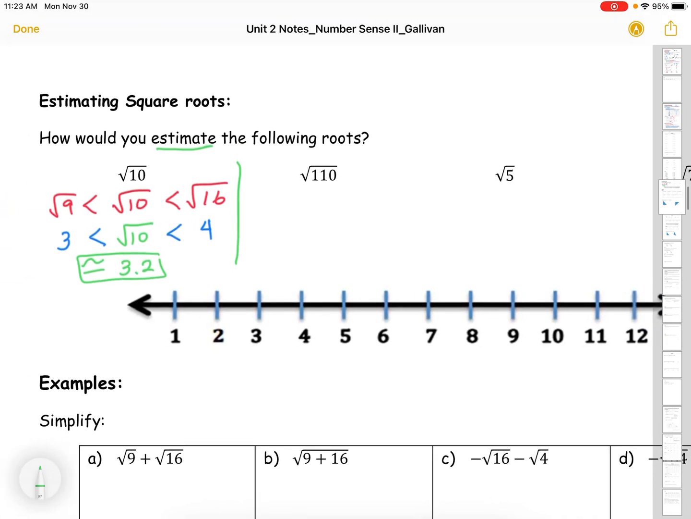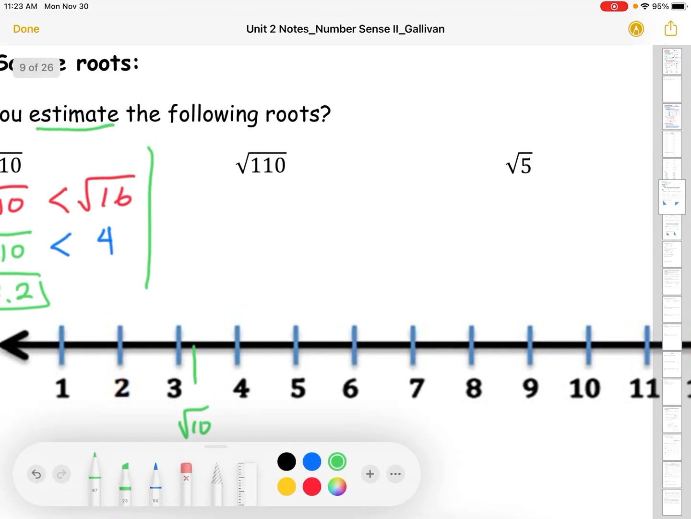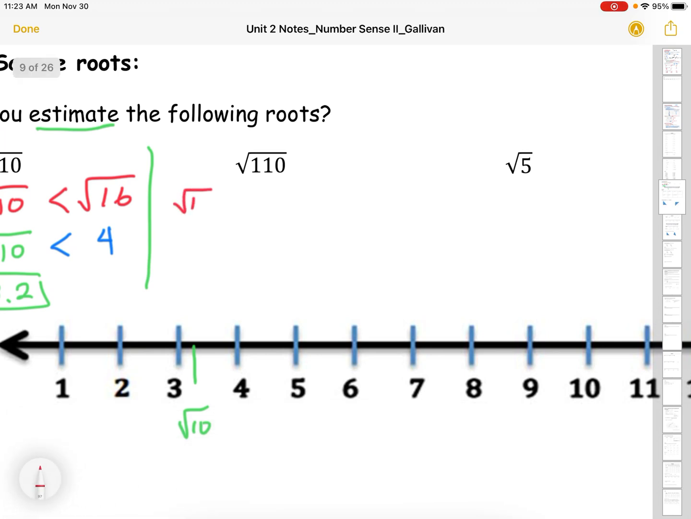So, we can also take a look at our number line. We would put it somewhere in here, right? Now for root 110, again, I'm going to think about my perfect squares on either side. On one side, I would have 100, which is less than 110, and the square root of 100 is 10, because 10 times 10 is 100. The next greater one would be 11, which would be